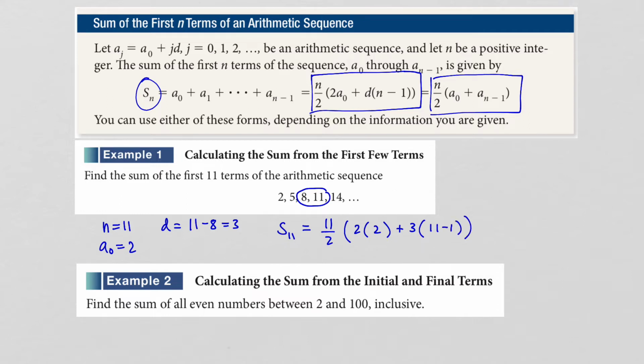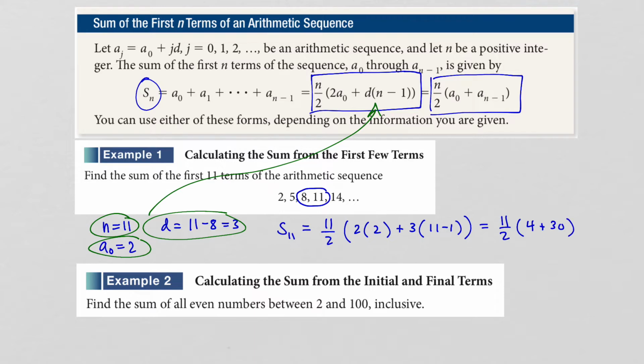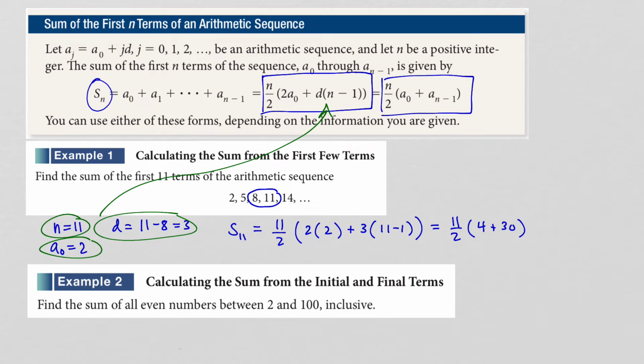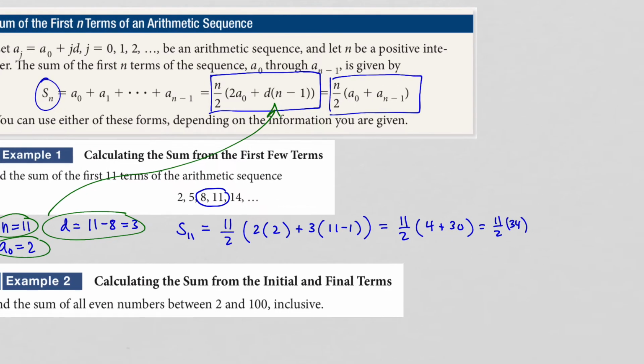Again, I'm just taking these values and substituting them into the formula up above. So now we just need to do the math on this. When we do this, we get 11 divided by 2 multiplied by 4 plus 30. Check the math there: 10 times 3 is 30, and 4 plus 30 is 34. And so we have 11 over 2 times 34. And of course, we know that 2 goes into 34 17 times, and so we have